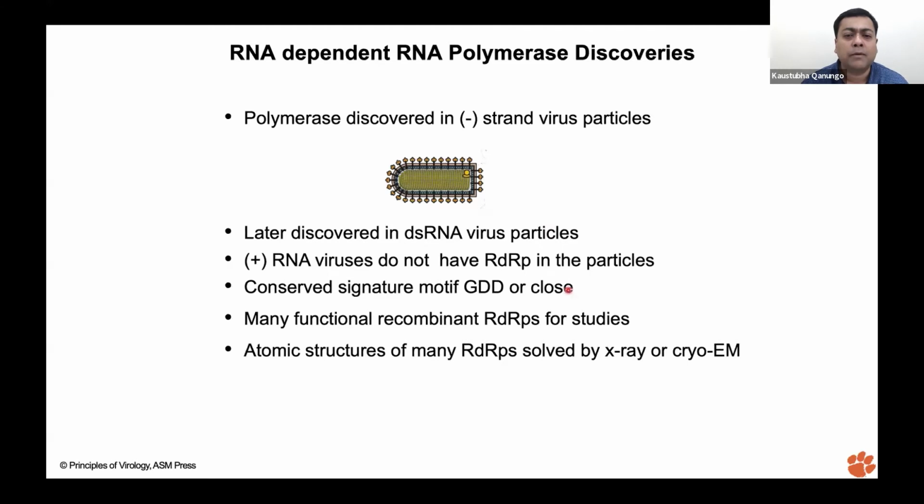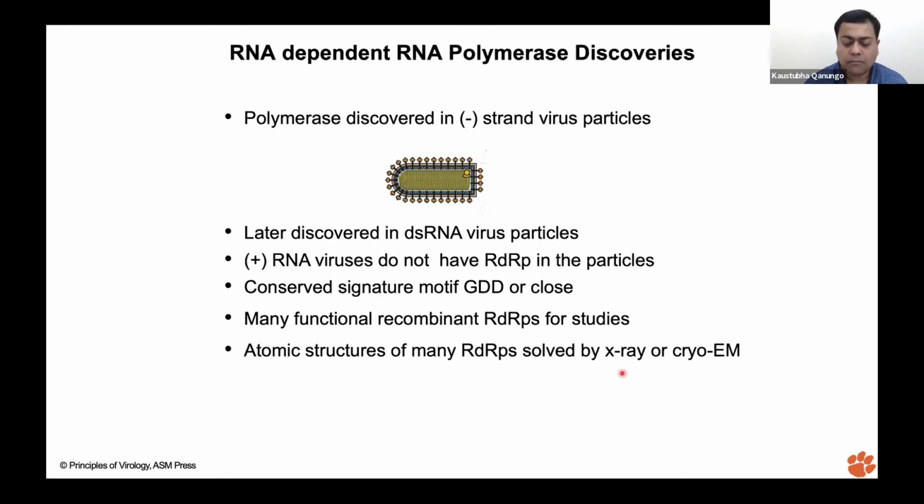So all the RNA polymerases do have this GDD motif, a glycine-aspartic acid-aspartic acid, and we are going to talk about that in a little more detail. There are many functional recombinant RNA-dependent RNA polymerase studies. There are hundreds and hundreds of structures already solved by X-ray or cryo-EM, but the first structure was solved in 1985, which was the poliovirus. Poliovirus 3D Pol is the name of the RNA-dependent RNA polymerase, which was the first one to be elucidated